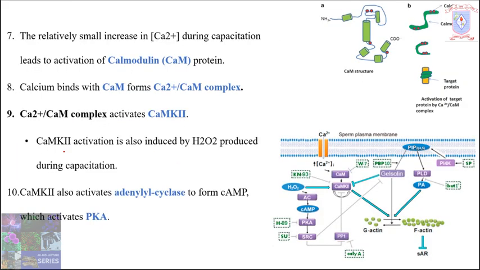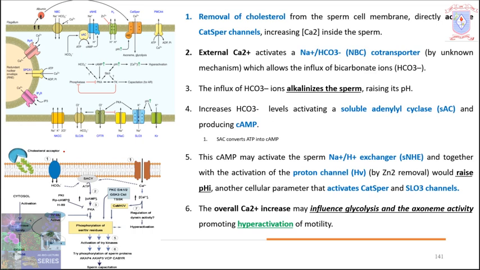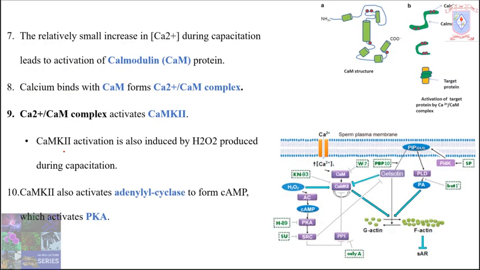In the last slide, we found that the removal of cholesterol from the sperm plasma membrane by the albumin molecule of the female reproductive tract activates the calcium channels, and as a result of this activation of this calcium channel, that is CatSper, it activates other channels, that is sodium hydrogen channels or proton channels, and again as a result of the increase in pH, that is alkalinization in the cytoplasm of the sperm, that activates again the CatSper channels, and that again increases the calcium concentration inside the cytoplasm of the sperm.